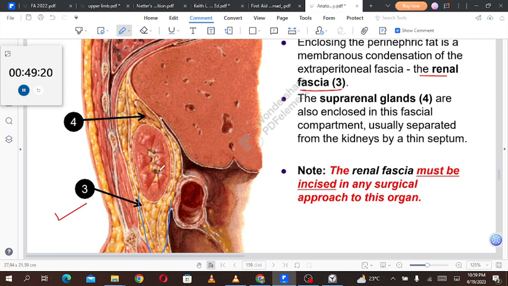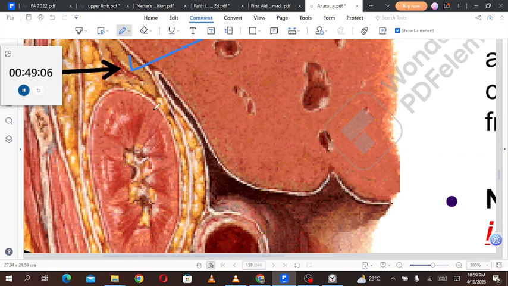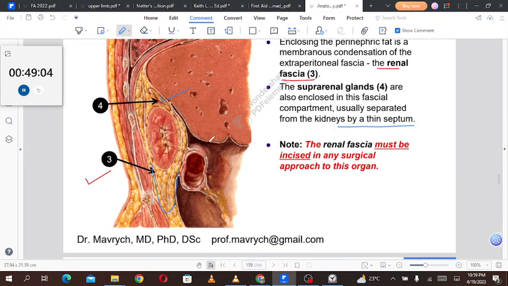The suprarenal gland, which is shown in picture 4, like over here. So this is the suprarenal gland. They are enclosed in this fascial compartment, usually separated from the kidney by a thin septum. I guess that is not evident in this picture. So there is a thin septum that is separating the suprarenal gland from the kidney, and that is also enclosed